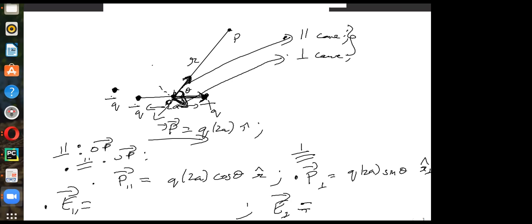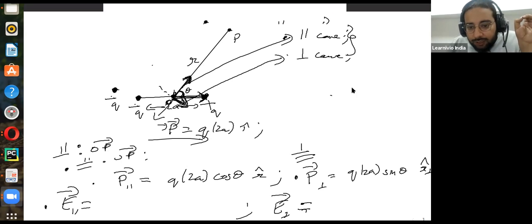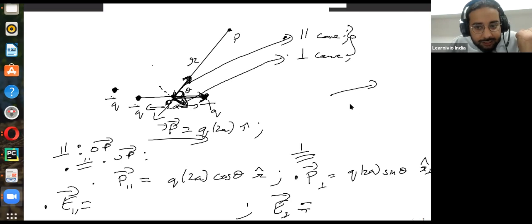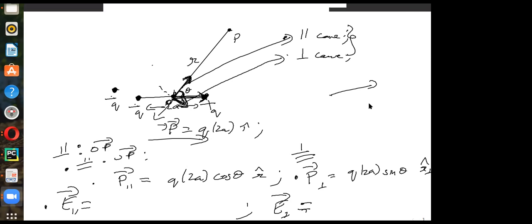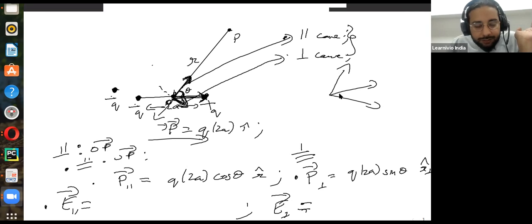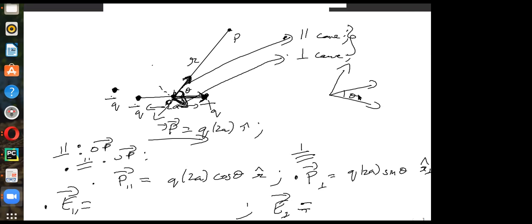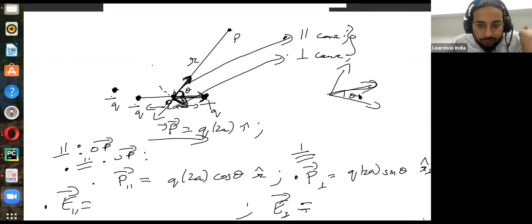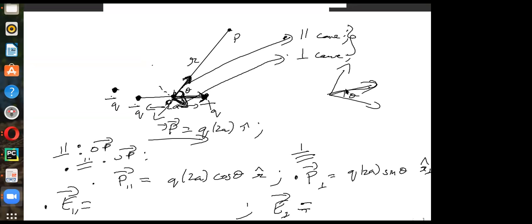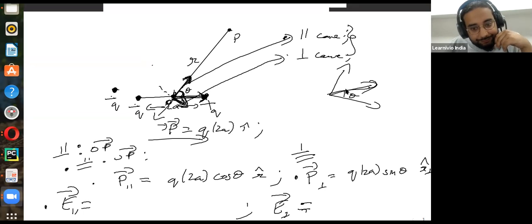No, so what do we mean by dividing the dipole into two parts? The question was, a dipole is in this direction. It's essentially a vector, correct? Yes, sir. We can divide it into any two components which are perpendicular to each other, if we know the angle. Essentially, that is what we've done. One vector has been divided into two vectors, the parallel part and the perpendicular part. So basically, we have divided the dipole into O in the R direction and O in the perpendicular direction. Yes, lovely.